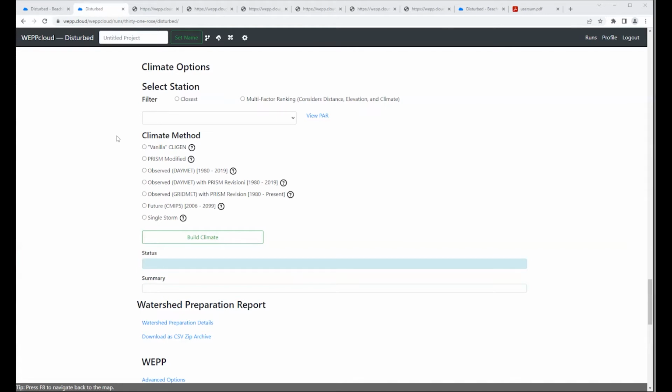The first option on the interface is to select a weather station that better describes the weather within your watershed. And here you have two options: either to select the closest climate station to the outlet of your watershed, or to select a station based on the multi-factor ranking, which besides distance also considers the elevation at the weather station. This step is quite important because the interface is using the station to stochastically generate typical rainstorm amounts, duration, and